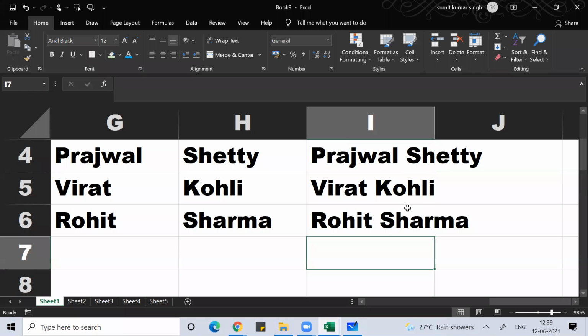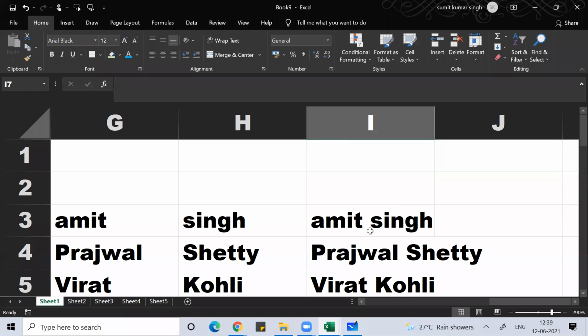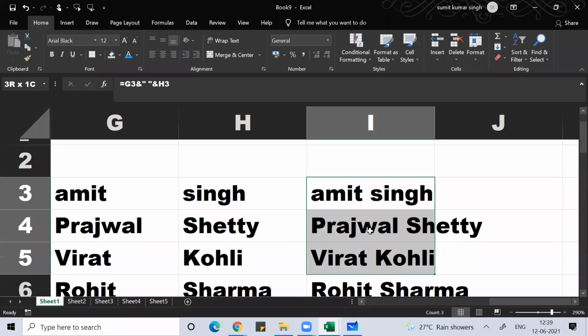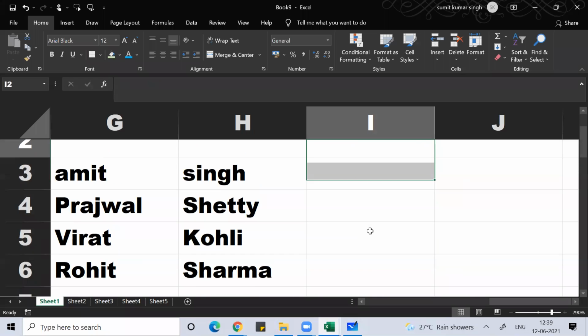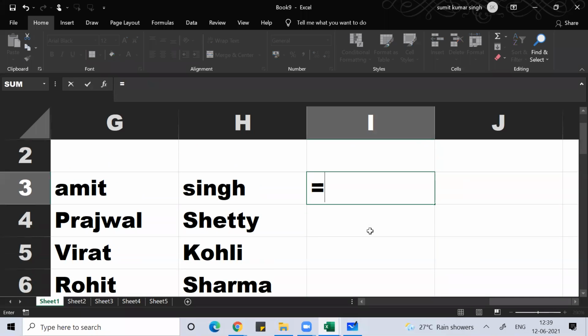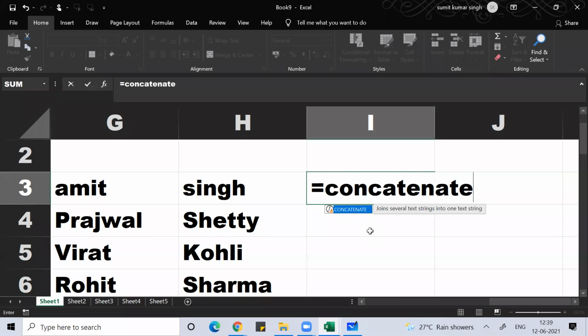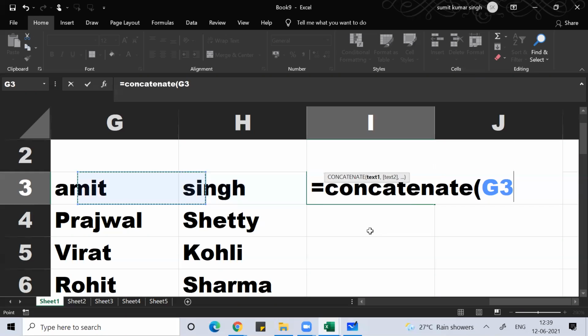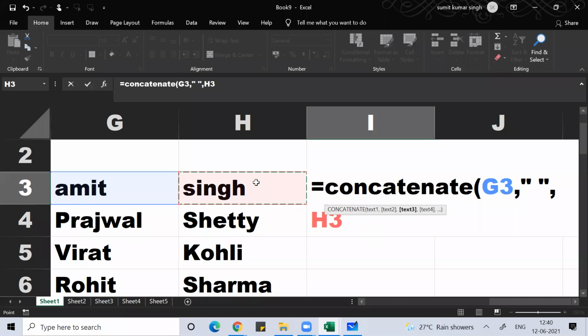Okay, so this part I hope you're understanding. Another way to merge the content, guys, is that you can use Shift 7 or you can use concatenate. This function is called the concatenate function. So, Amit, comma. You want a space? If you don't want a space, you write the next character. If you want a space, double quote, space, double quote, comma, then the next name. Concatenate.